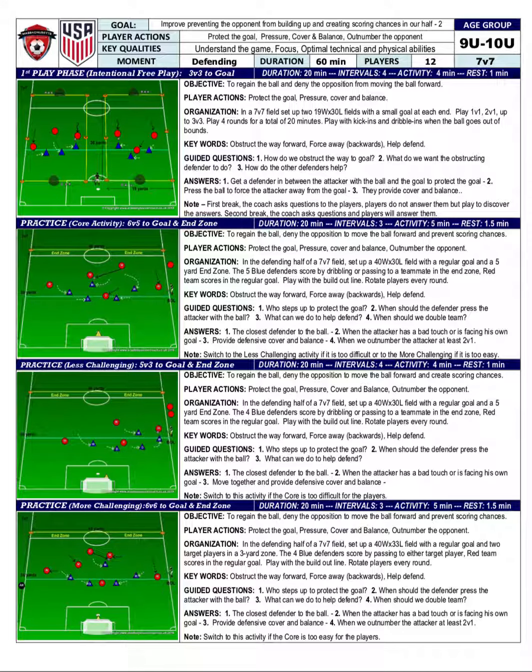And in the play phase, you just want to drop in a couple of questions if we're doing defending, like in this session. A couple of questions written on the session plans. How do we obstruct the way to goal? What do we want the distracting defender to do? How do the other defenders help? So let them play. Not much coaching in this one. And this gives us a little time to run through the session plan in the practice part,